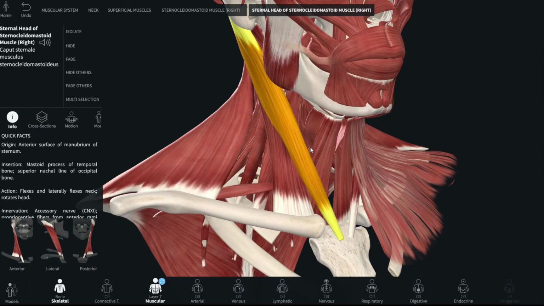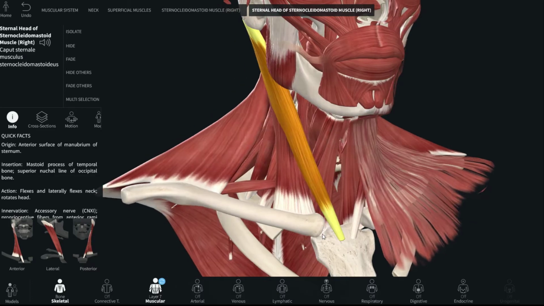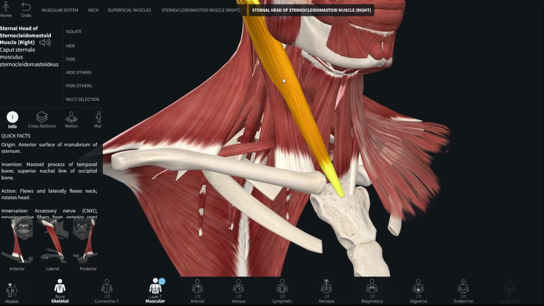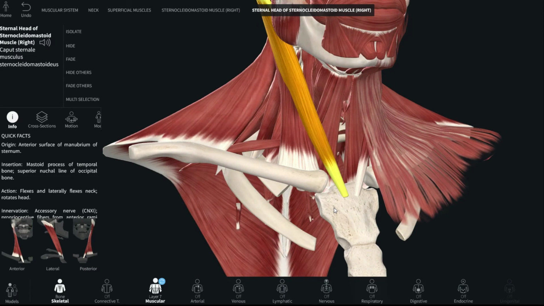Okay, see, this head is originating from the sternum. This over here is the sternum, or rather the manubrium sterni, and this is the sternal head of sternocleidomastoid. So where is the sternocleidomastoid's sternal head taking origin from? Well, it's taking origin from obviously the manubrium sterni, but if we are to be a little more precise, then